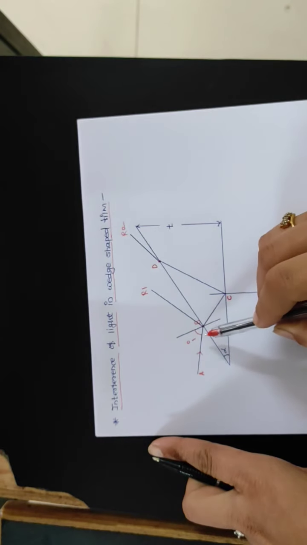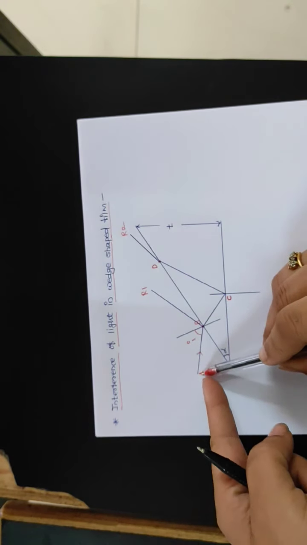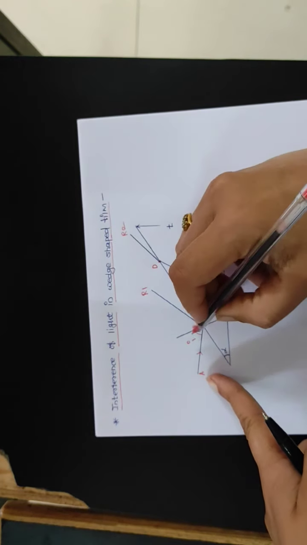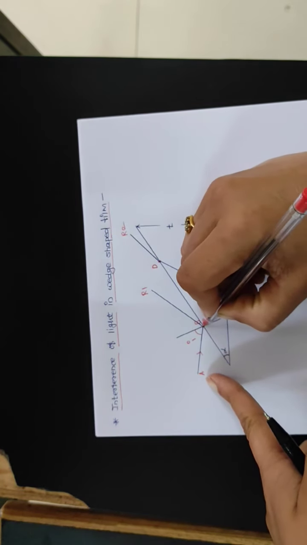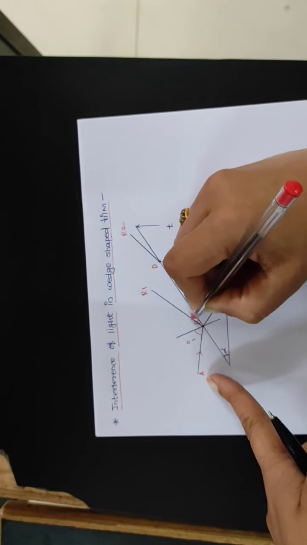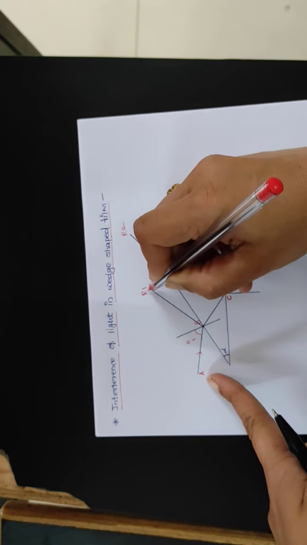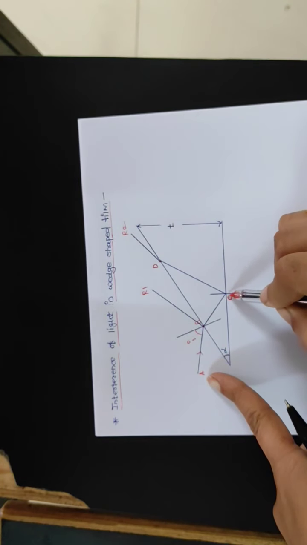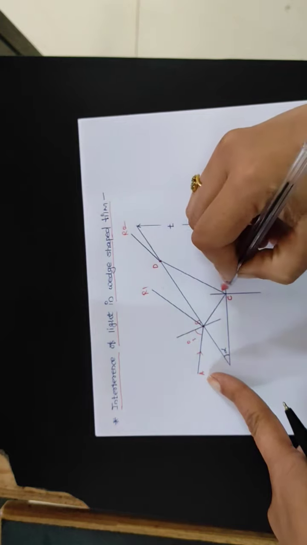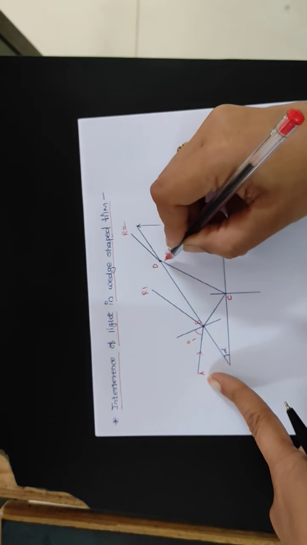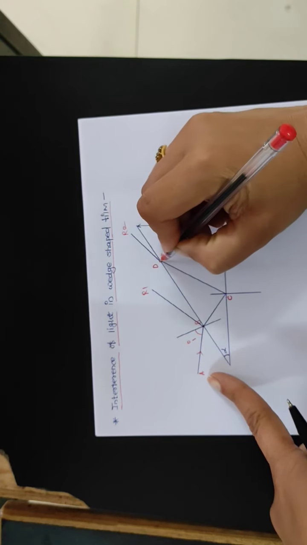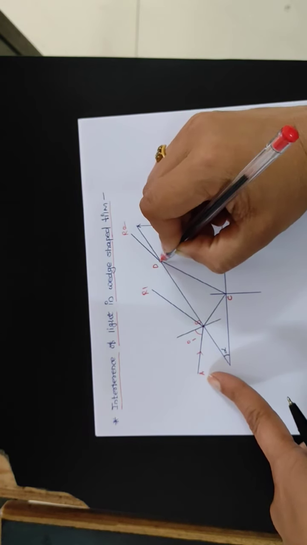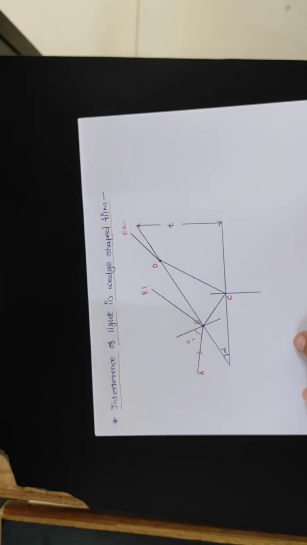One more time I will explain. A ray of light AB is incident on the surface. From the point B, that ray will be partially reflected along BR1 and refracted along BC. Again from the point C, the ray will be reflected along CD. Similarly, the reflection and refraction occurs from the point D.